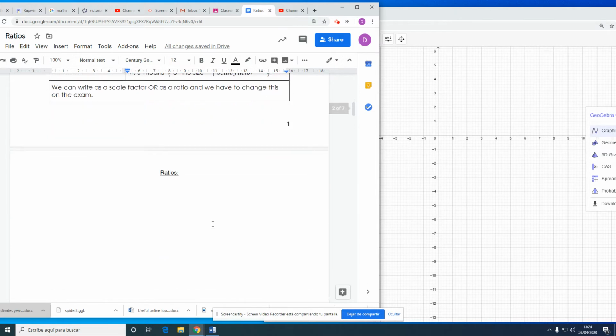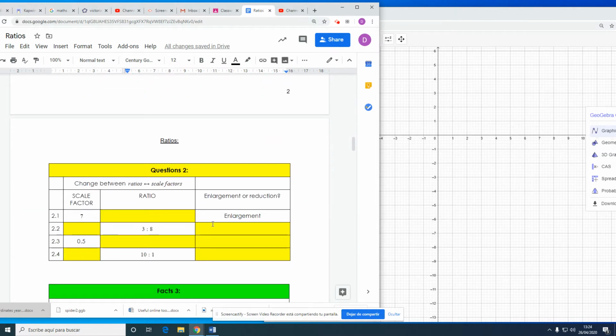and that's the main thing that we have to do on the exam. But I added some more questions here. If the scale factor is 7, let's say it starts off at size 1, and it's going to get 7 times bigger. That will be an enlargement. But how about this one? Well, if it starts off at size 1 and it gets half as big, it's going to go down to